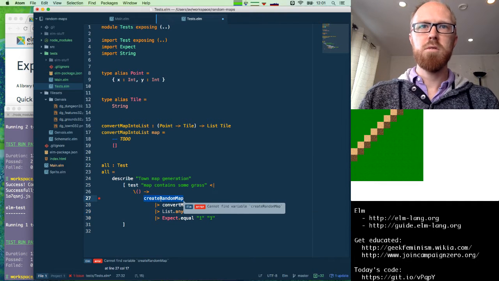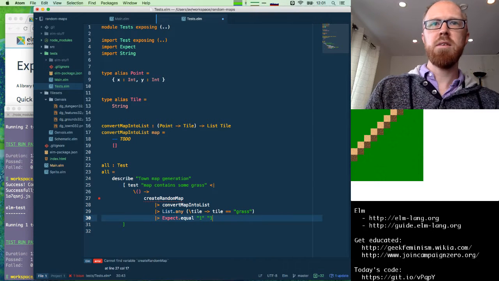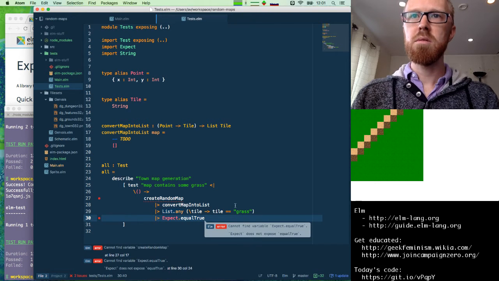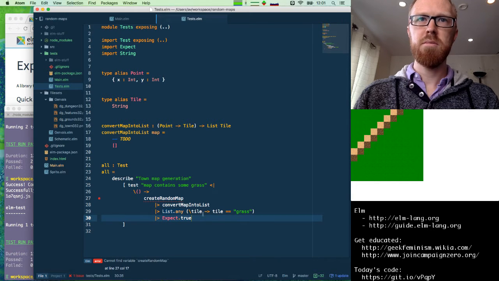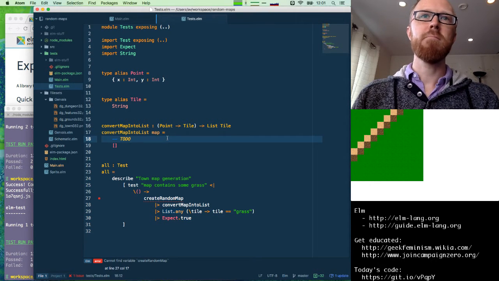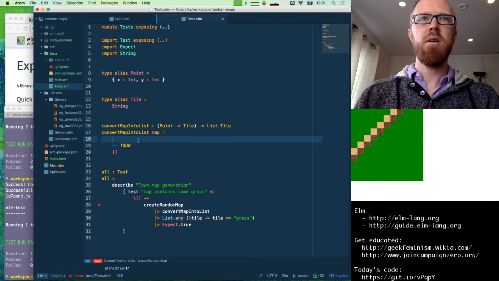Okay, so we'll create our map. Well, that's our ultimate goal. Convert the map into a list of tiles. Then check and see if any of the tiles have grass in it, and we'll expect that to be true. Expect.true. There we go. All right. So we're going to need to write this function, and